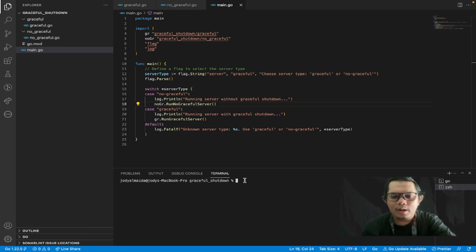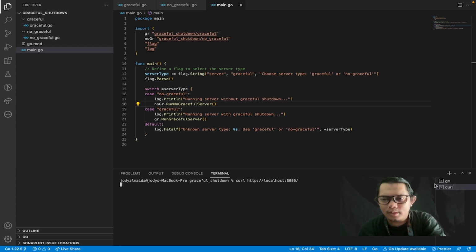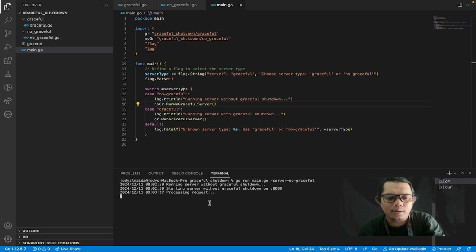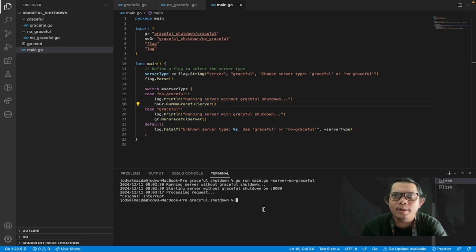I will hit the endpoint using curl. It's simple, I just use curl for this API call. HTTP localhost 8080. I run this, and then I go back to the main program, and I stop the program like this. So I interrupt the program,